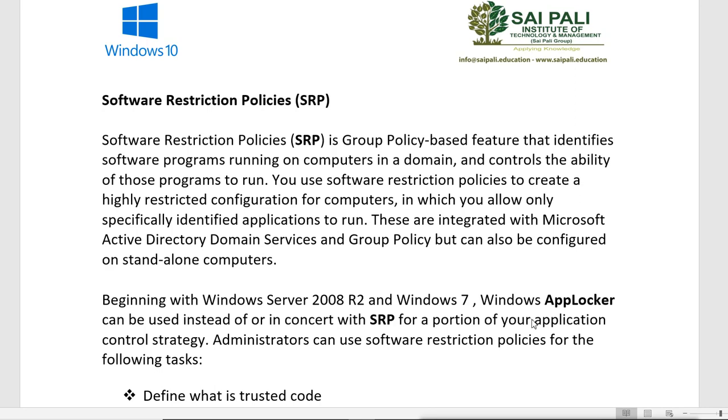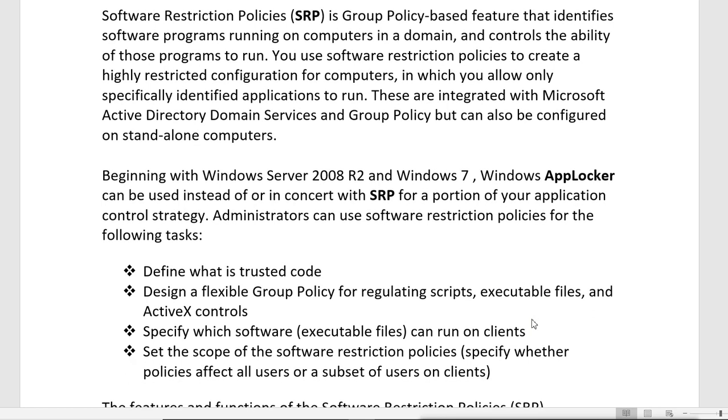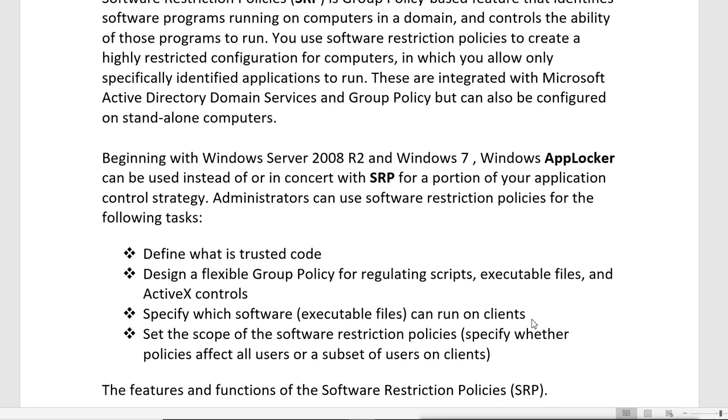Now beginning with Windows Server 2008 R2 and Windows 7, Windows AppLocker can be used instead of or in concert with SRP, that is software restriction policies, for a portion of your application control strategy. And administrators can use software restriction policies for the following tasks. So with the software restriction policy, now from Windows Server 2008 or Windows 7 we have AppLocker also.